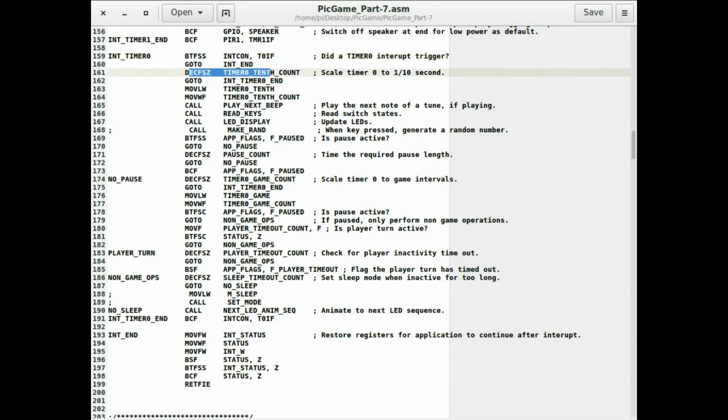If it has, it will pre-scale the timer to roughly tenths of a second here. And if the count hasn't got down to 0 yet, it will skip the interrupt and go here, where it just clears the interrupt flag. But if it has, it sets the count back up to tenths of a second. So next time it comes into this interrupt, it'll start timing the next tenth of a second. But after the tenth of a second,